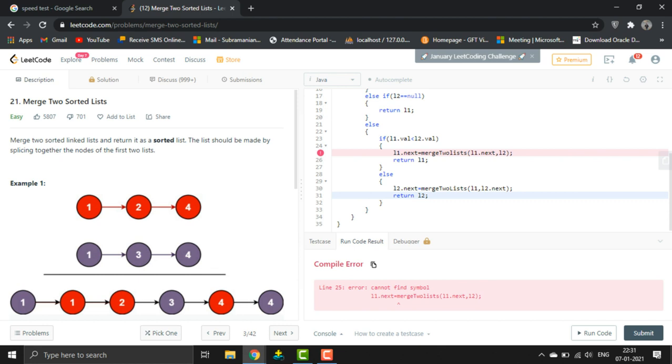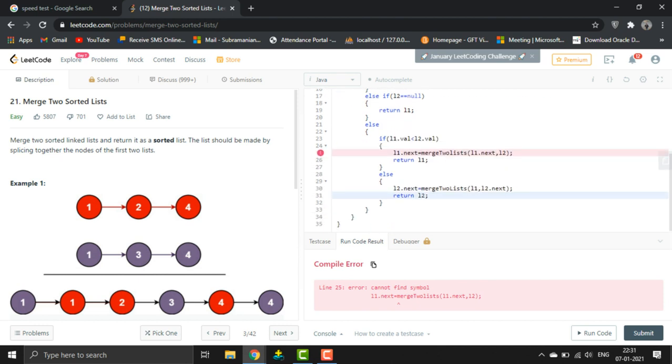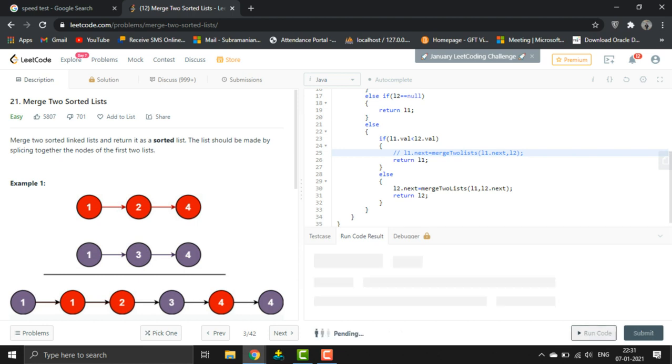L1 dot next equal to merge two lists. It says it can't find the symbol.